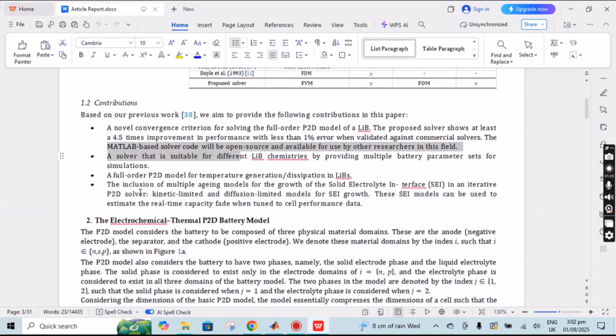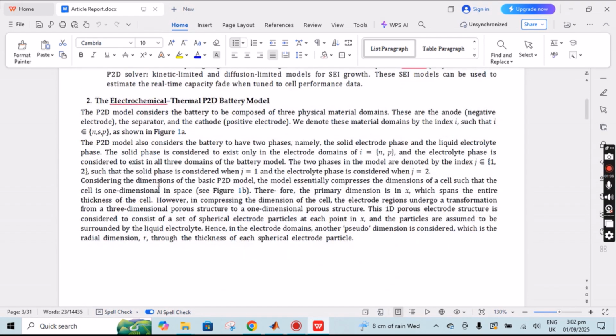Then we used our full order P2D model, with our kinetic limited and diffusion limited models. The electrochemical thermal P2D battery model is used in our case, which uses